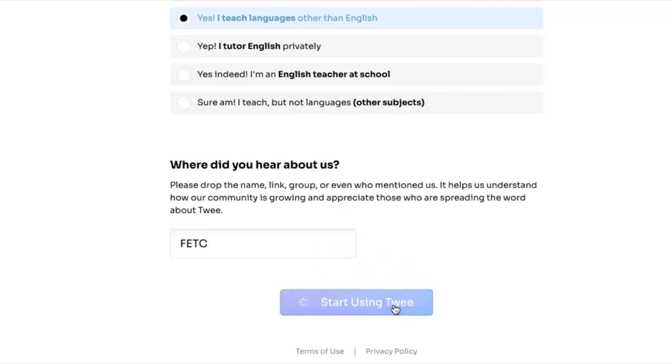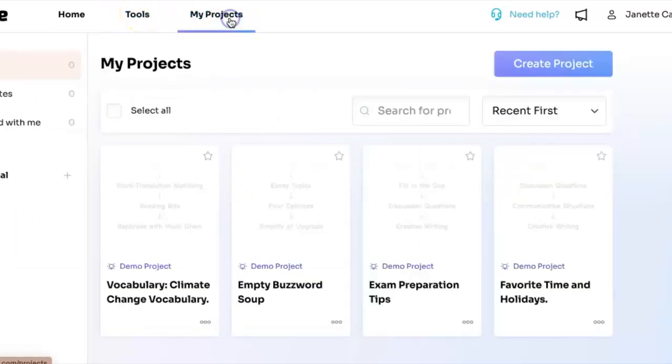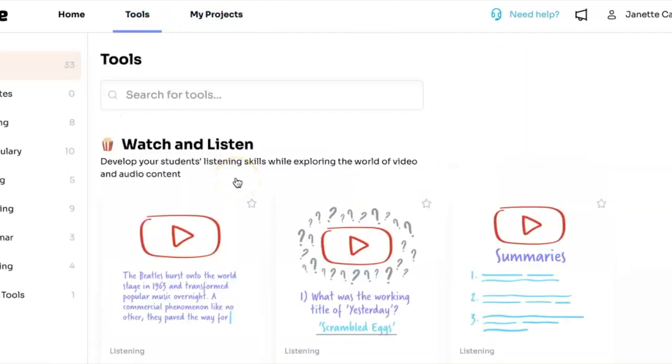Start using Tweet. Okay. So here, where I have my tools and my projects, it stores some of the projects that I had originally put together, right? So the way that you do this is as follows. You're going to create a project, right? And let's go over the tools first. Why I love this specific